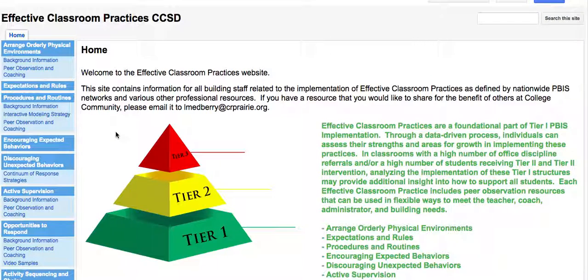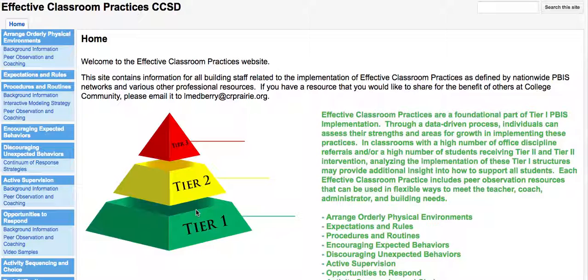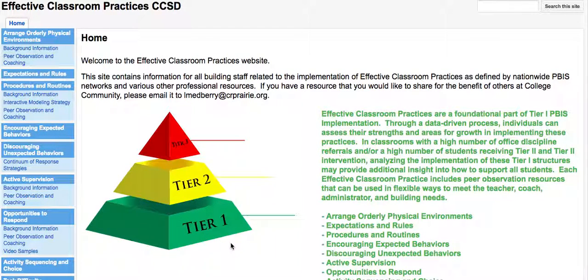So with that, I'm going to jump into what we'll go through in the actual video when it's live. I just wanted to give you a little background as a person on the blended module team that's going to be providing feedback for the SEL module team. What we'll tell participants is that this website is going to be a resource for you to complete assignment number 2. And so we want to go into a little bit of background about effective classroom practices, what they are